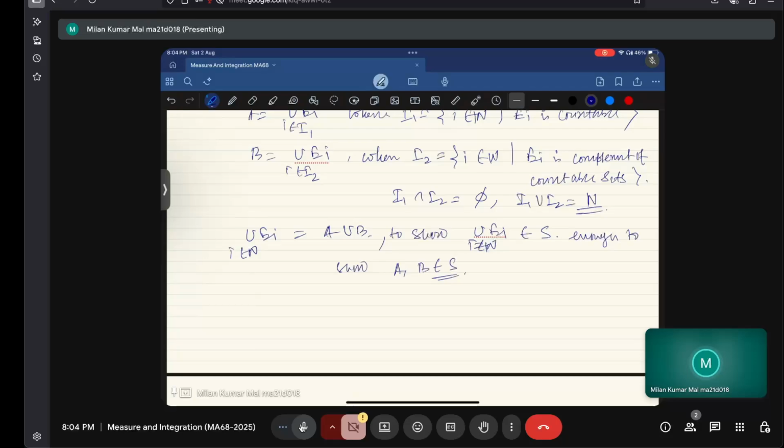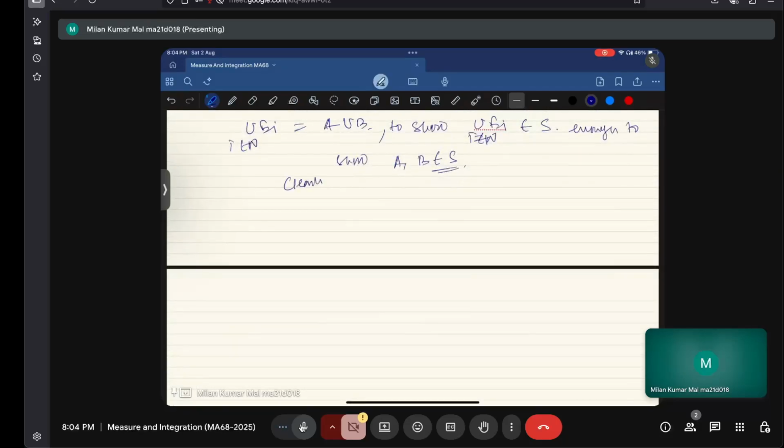Okay, but that is very easy. Clearly, A is a union of countable sets. A is a countable union of countable sets, that implies A is countable, that implies A belongs to S. This is the first place. Second place is that B is equal to the union over i belonging to I2,